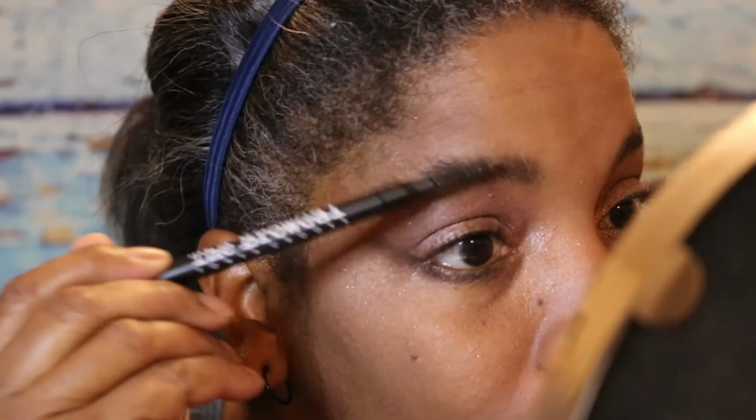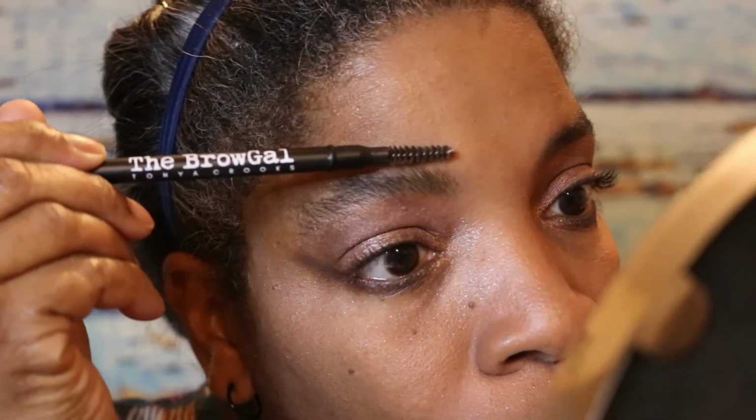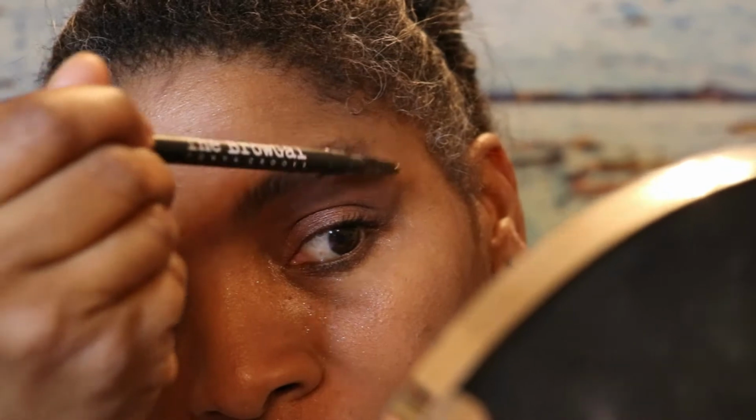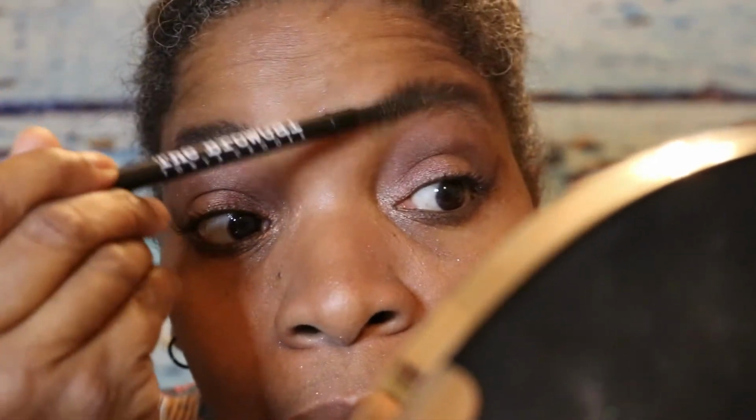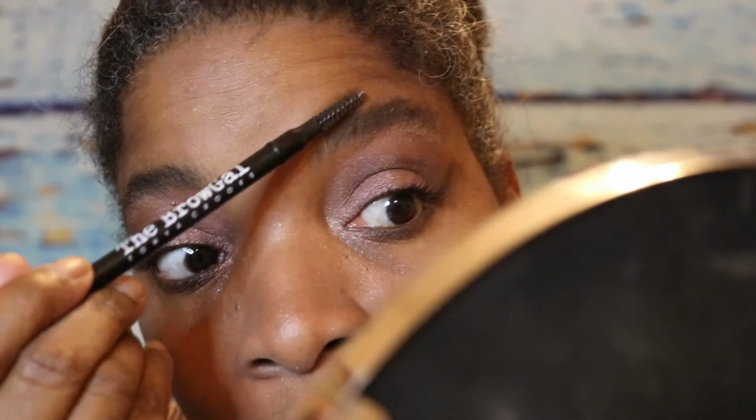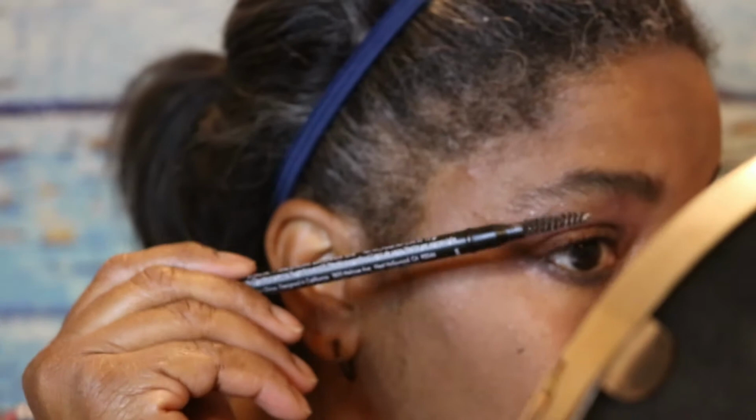I'm gonna comb my eyebrows and then I'm going to go in with the lip color that they have included in this packet or in this collection. I'm going to go in with the lip pencil and see how it looks on my skin tone and how it glides and all of that. And then we will test out,